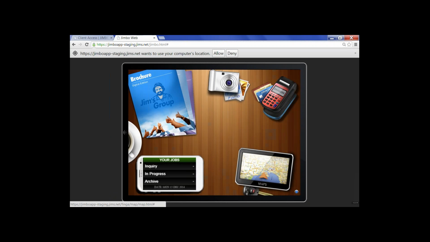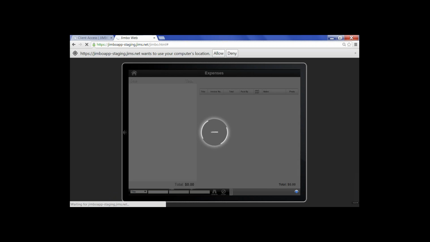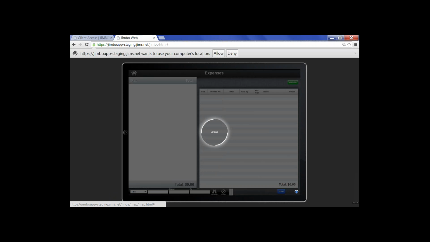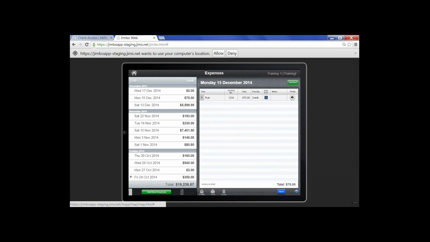Okay, click on the home button. We'll go back out here to our main office. If I click and go to the back office, we've got our expenses report. So once this loads here, this will always load on today's date. So it'll always load on the brand new date. You don't need to alter that or change that. You'll see here that we'll have a list of our expenses, previous expenses over different days,